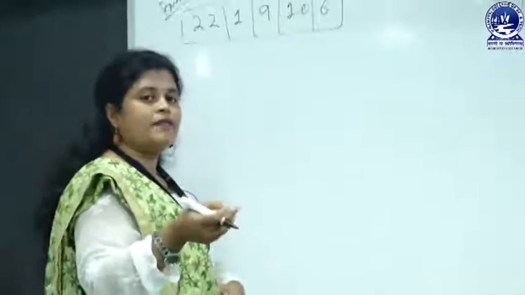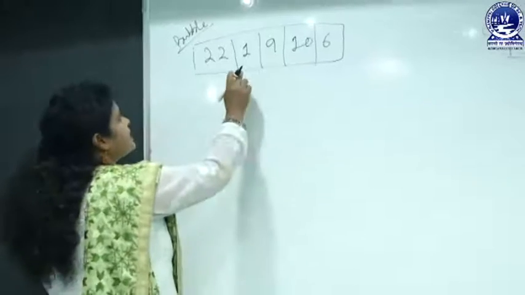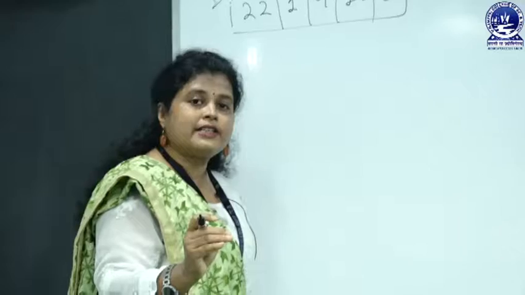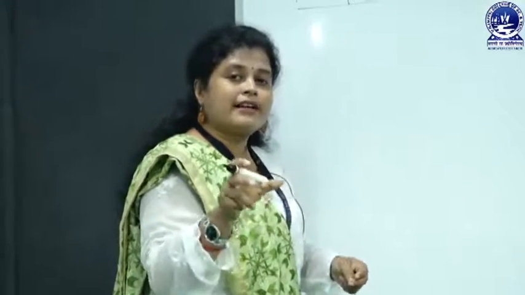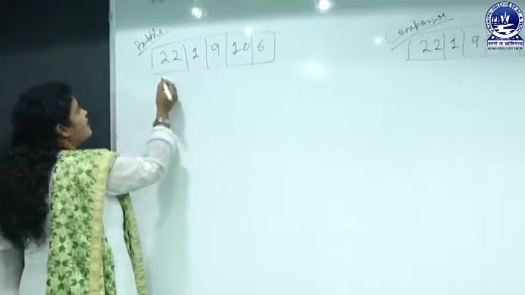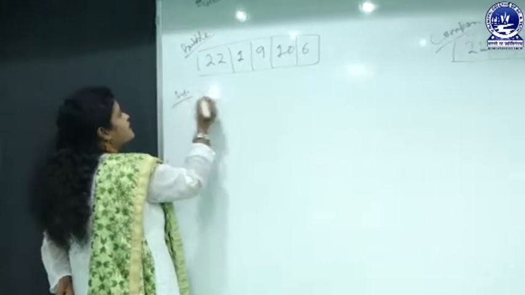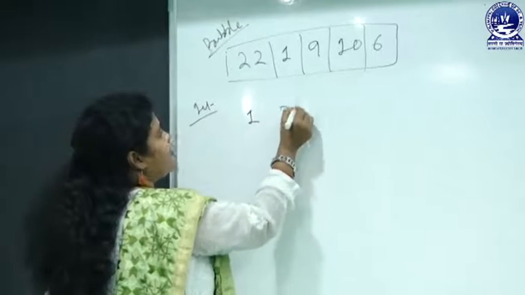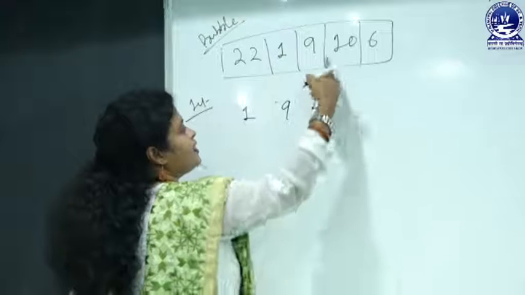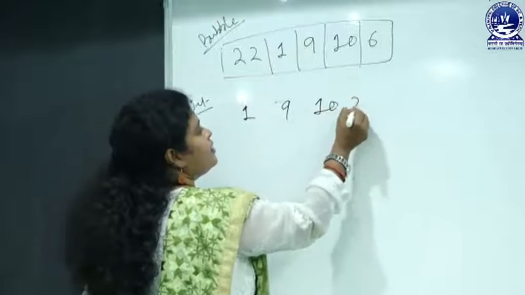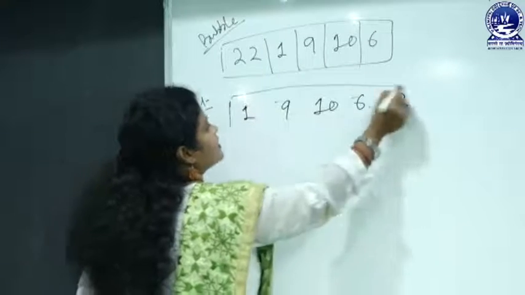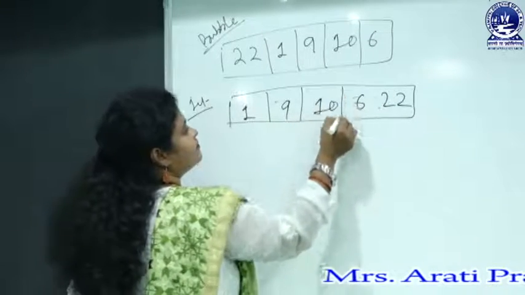Now we will explain it step by step. In bubble sort, another advantage is that at each iteration it is limiting or restricting the list of items, which is not happening in comparison sort. Let us start. At the first iteration in bubble sort, 1 will be here, 22 will be here, then 22 with 9, then 9 will be here, 22 will be here, 22 with 10, then 10 will be here, 22 will be here, then 22 with 6, 6 will be here, 22 will be here. This is after the first iteration.